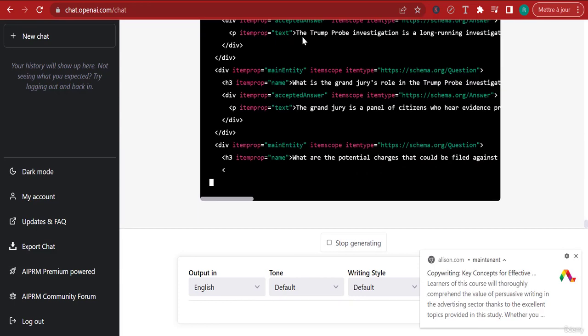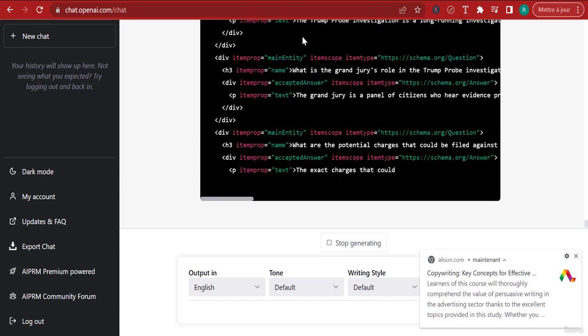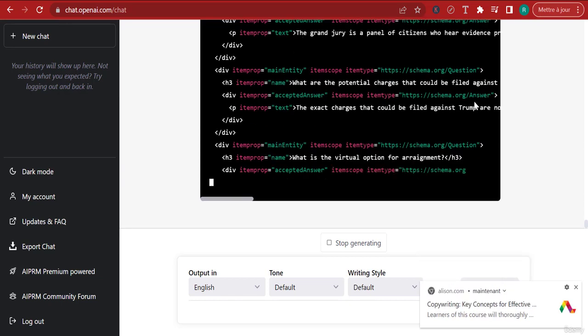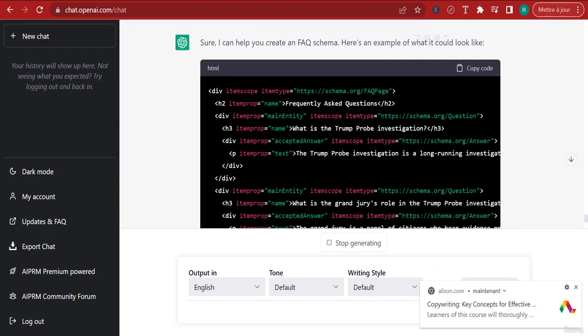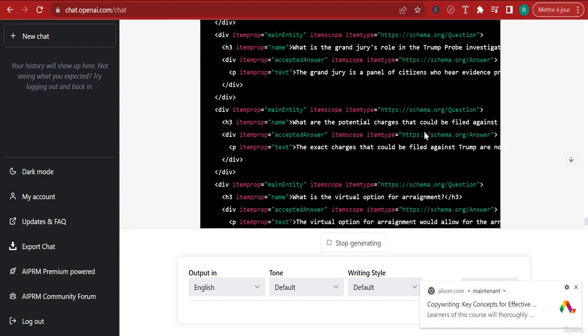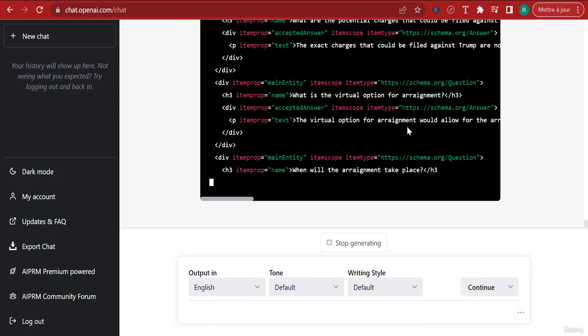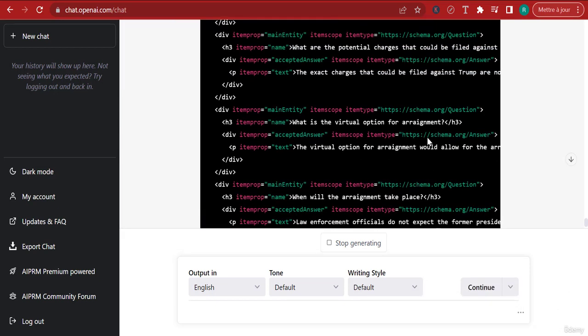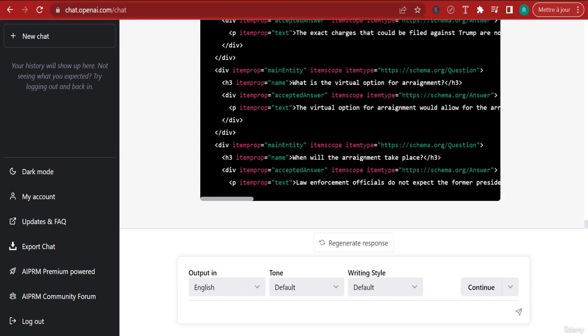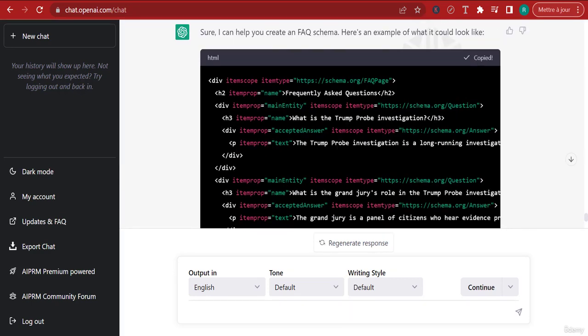Now, the beautiful thing about ChatGPT is that it remembers previous conversation. And so I didn't need to tell it what to remember. It actually just remembered exactly the conversation and prepared this schema for me. So all I'm going to do is, when it finishes, I'm going to copy this and integrate it inside of my blog post. So now this is finished, I can just copy code, and I can go back to Gutenberg